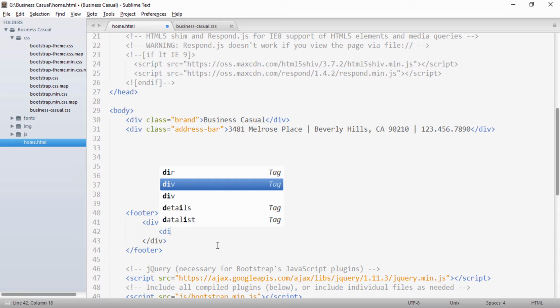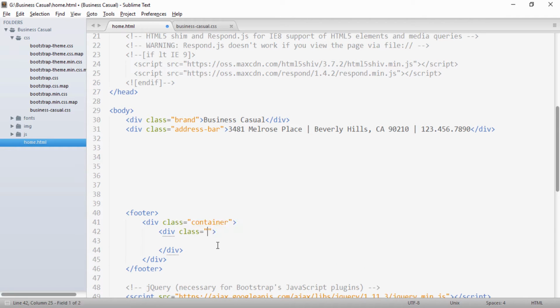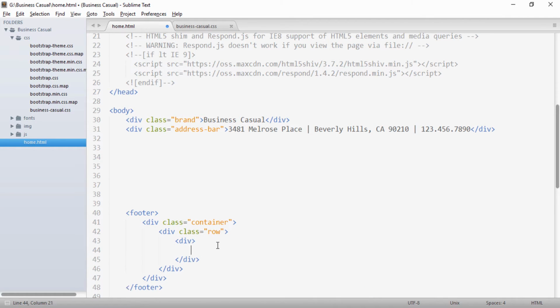Inside this container I will create a row, and to this row I will provide a class of col-lg-12. This will expand the column to the complete width of this row, which is inside this container. So there will be only one single column, and inside this I will provide a paragraph. To this paragraph I will provide the text: copyright &copy; for the symbol, and here we will provide your website.